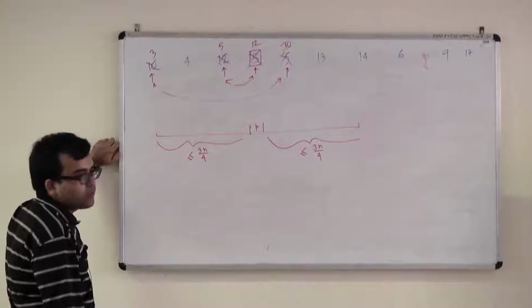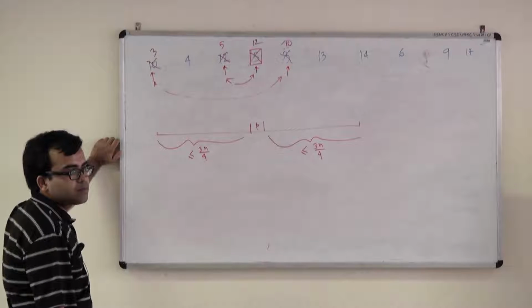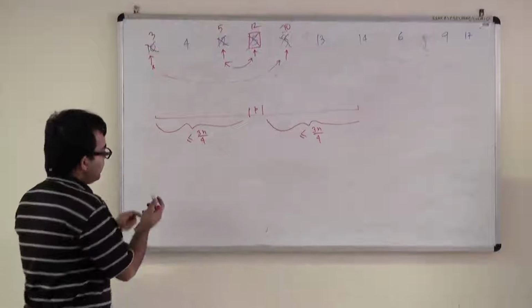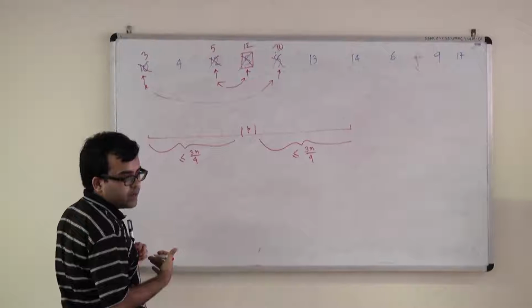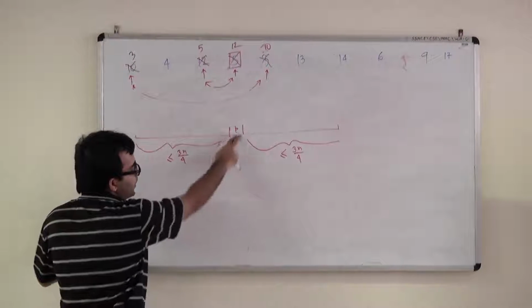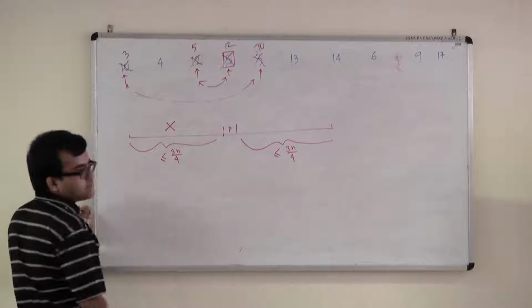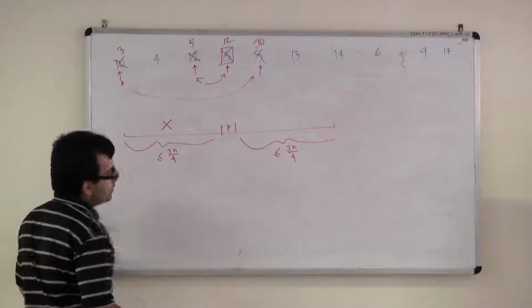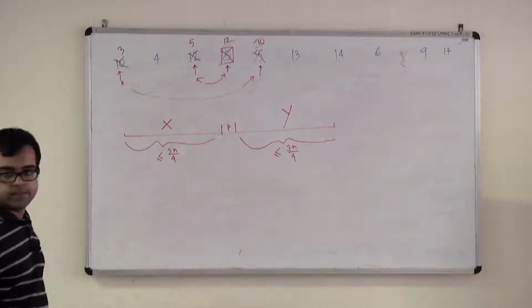Next, what can we do? Can you now see the smaller subproblem? So you basically want to find the kth smallest element in the entire array. You now have one pivot P. Towards its left, you have x number of elements, all of them less than P. Towards its right are now y elements, all of them larger than P.